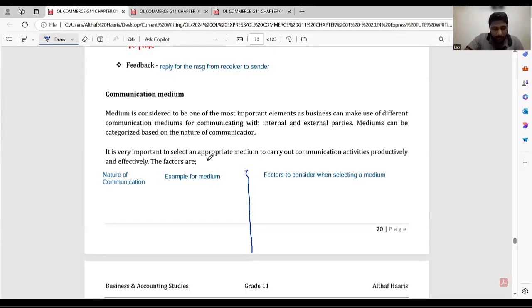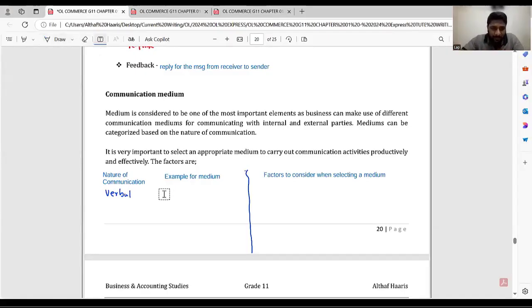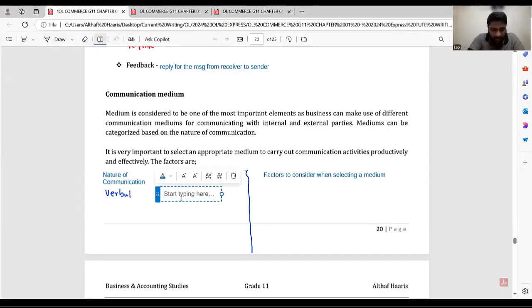So write down, people, for the nature of communication. We can write verbal. Verbal means communicating verbally. Examples: meetings, discussions,